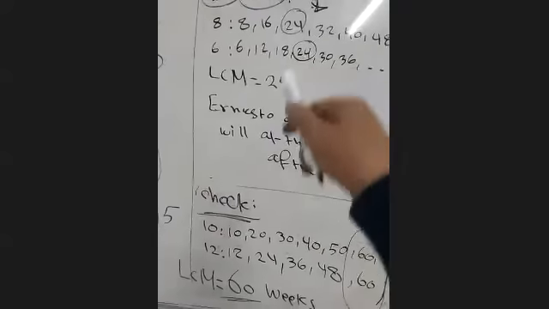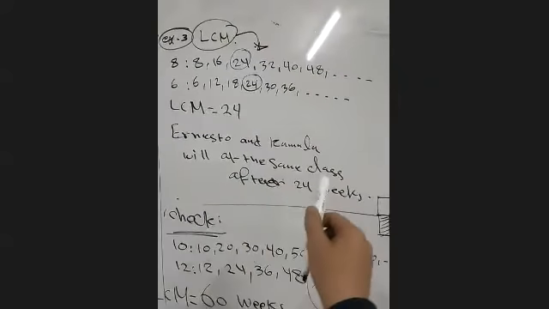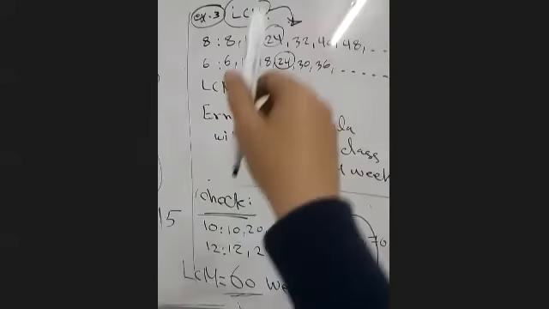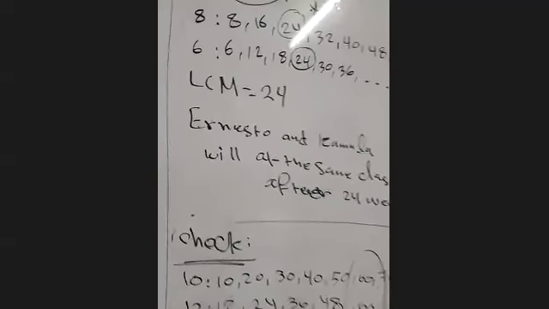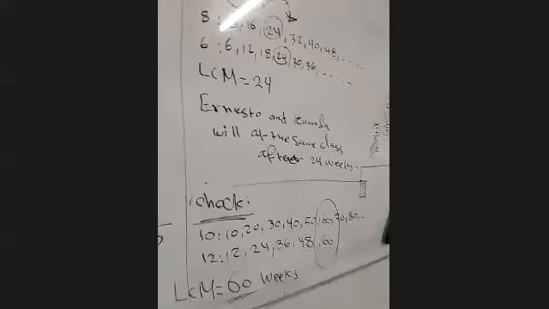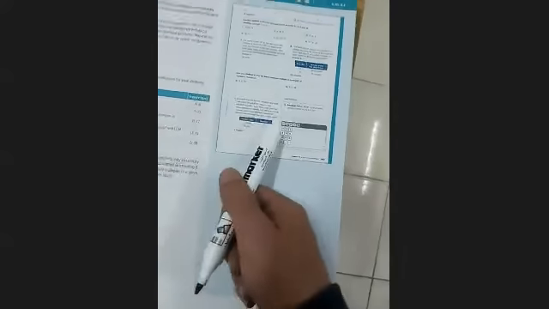In question 7 and 8, if you read them, they are similar to this example and this check, the same way, same class, same week. If you find this word, it means you are talking about least common multiple. Now down, we have least common multiple in questions 9 and 10, and I only want you to use this method only. Now down, we have 11 and 12. Read them and see what the question wants, solve them, and send them on